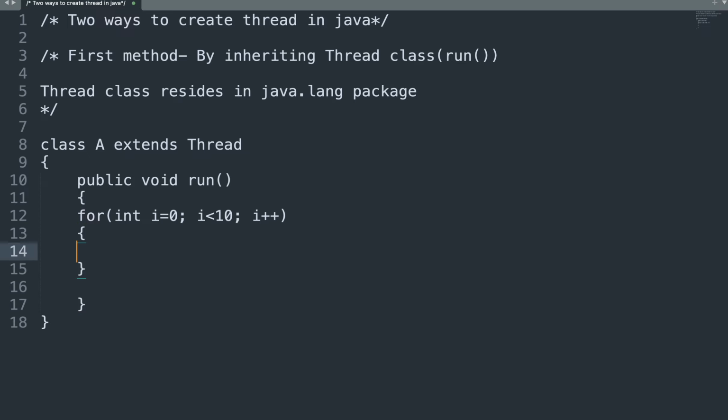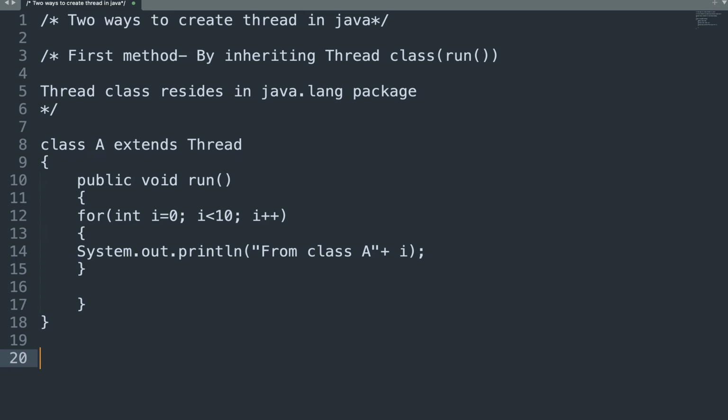Inside this for loop, let's print a statement, System.out.println, and here we are simply writing "from class A" plus i. That's it. We have created a thread A in which we are going to run a loop from 0 to 10 printing the statement from class A0, from class A1 and so on.